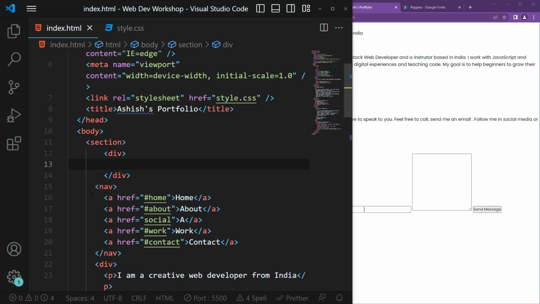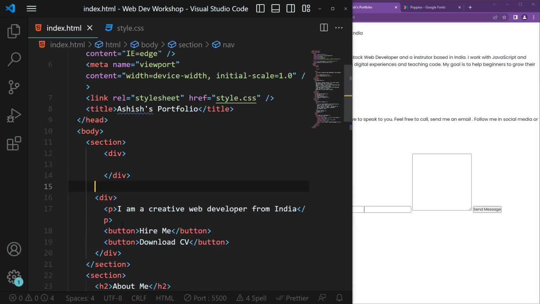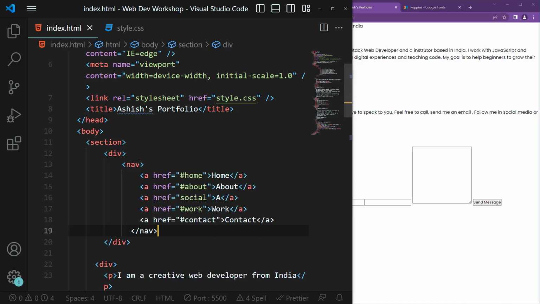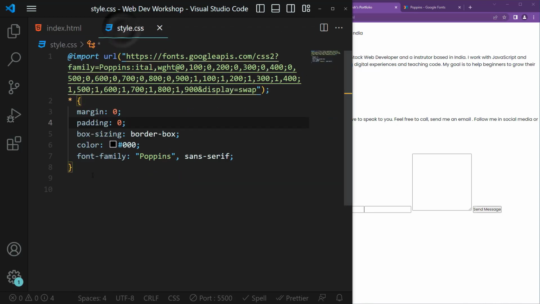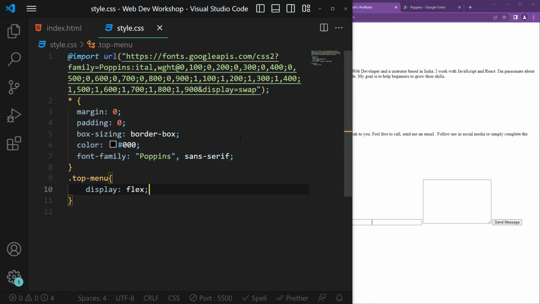Okay, and we will copy this nav inside this div. Okay, now we'll give this div a class of top menu. Now we'll take this top menu class here, dot top menu, and what we can do is we can say display flex like this,